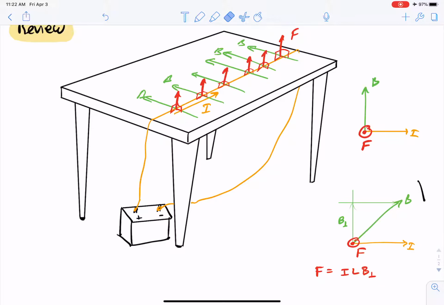And the rule is that what you need to do is find the perpendicular component of the field, this guy over here, the length of that side. So you know the strength of the magnetic field is this length, but the strength of the perpendicular component is that part. Okay, so the point is that that component is perpendicular to the current. That's the wire carrying the current. Okay, so if you find that length, then you can use this equation down here to calculate the strength of